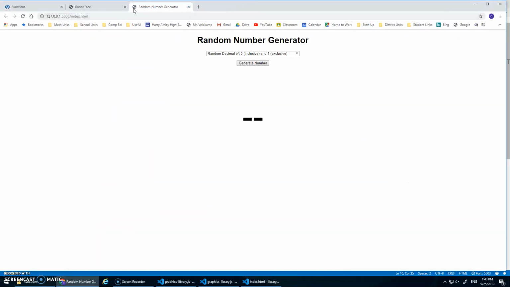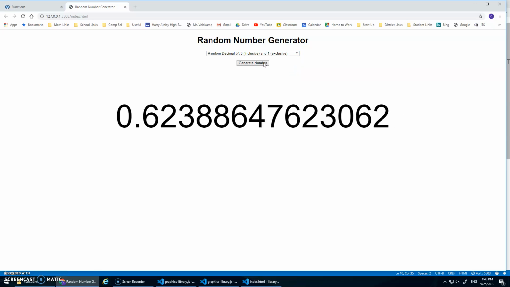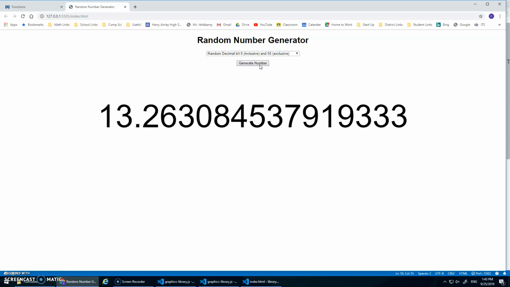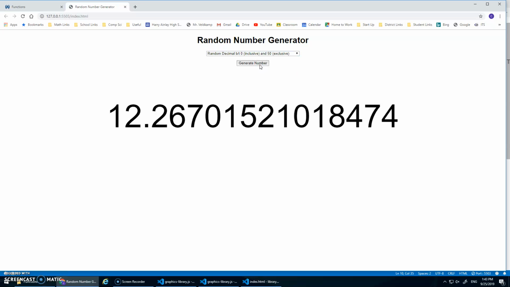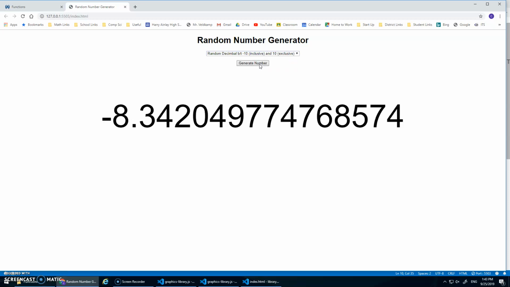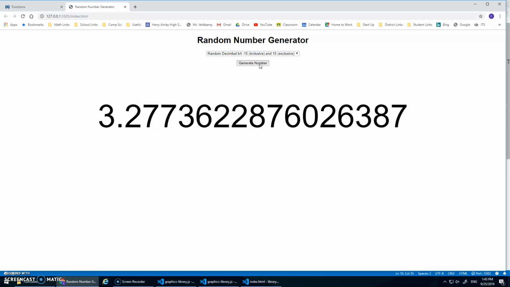Okay, I don't need these ones anymore. And this one is basically, there's a drop-down menu, random decimal between 0 and 1. That's just math.random. Random decimal between 0 and 50: we take math.random and times it by 50. Between -10 and 10, well, we have to times it by 20 and then subtract 10 in order to get